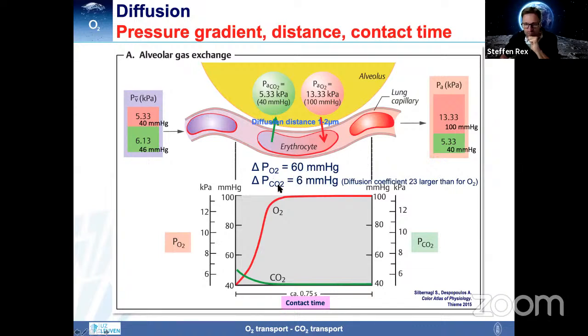For CO2, the pressure gradient is much smaller. At the arterial side of the lung capillary, we have 46 millimeters of mercury partial pressure of CO2. At the venous side, we have 40, and in the alveoli, we also have 40. So the gradient is only 6 millimeters of mercury. But this is not a problem because luckily the diffusion coefficient for CO2 is 23 times larger than for oxygen. So our body can afford to have a very low pressure gradient for CO2 because the diffusion coefficient is so good for